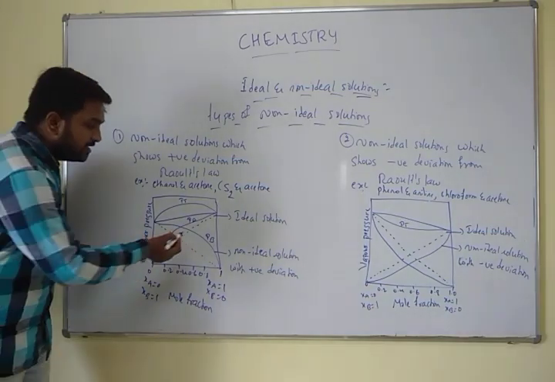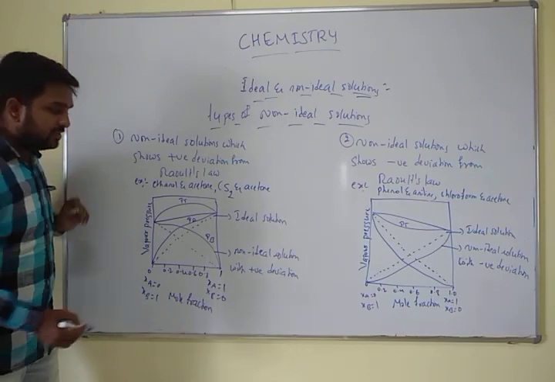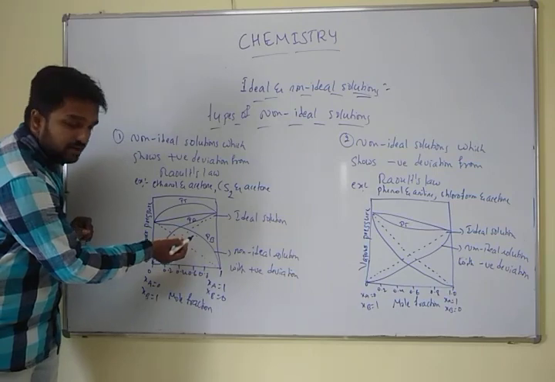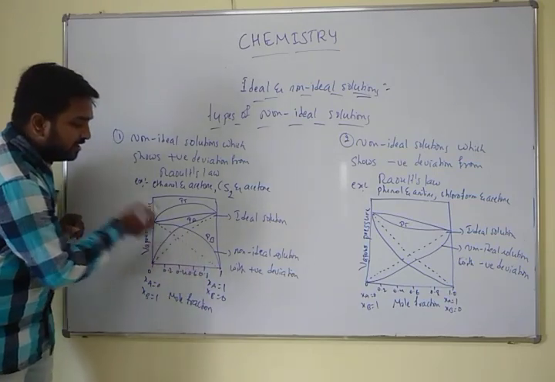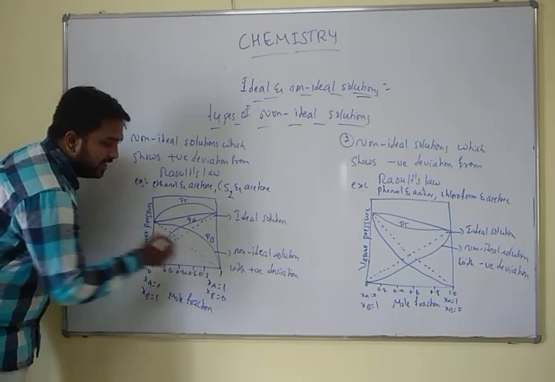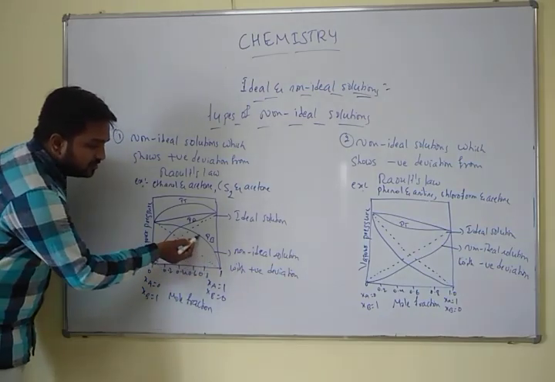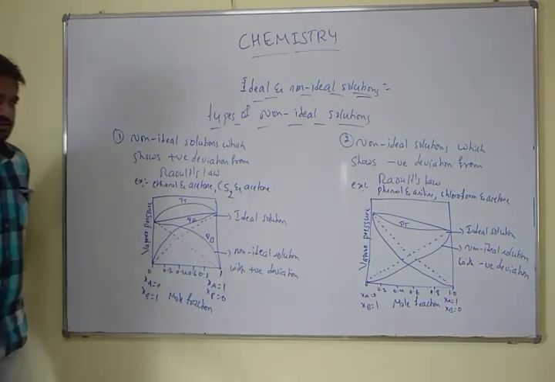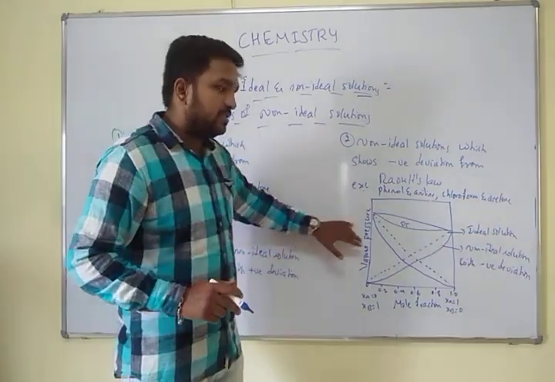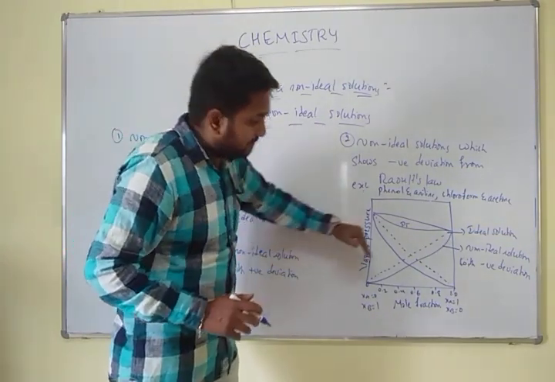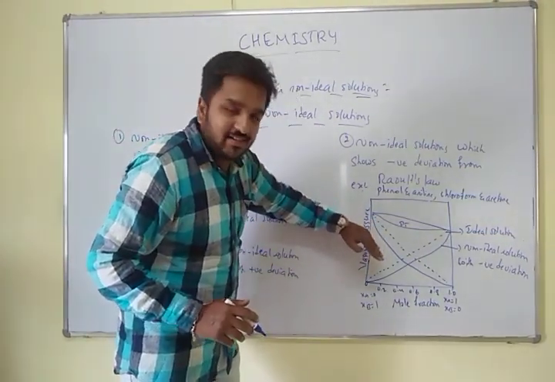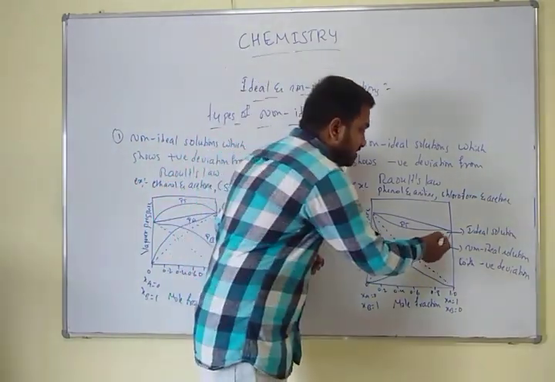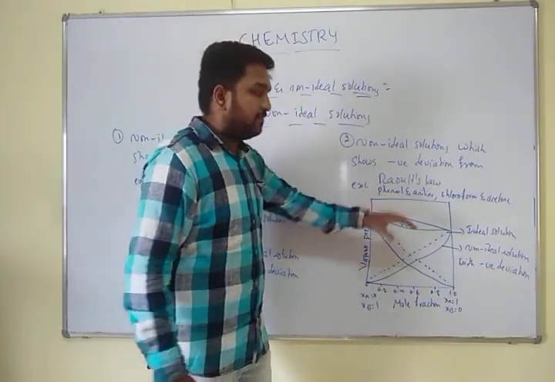Clear? Whereas the obtained values of the non-ideal solution show positive deviation from the ideal solution. That means if you look at the graph, we get a clear idea that this is the ideal solution value and the values of the non-ideal solution with the positive deviations are more than that of the ideal solution. But in the same case, if we focus on this graph with the negative deviation, the values are less when we compare to the ideal solution. Here, these dotted lines are the plots for the ideal solution.